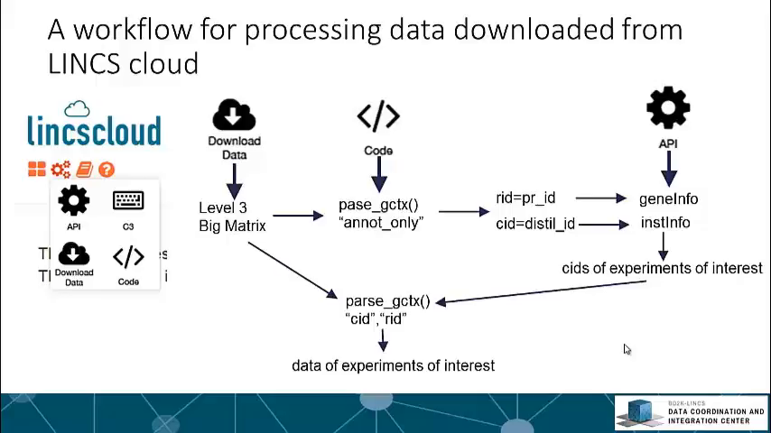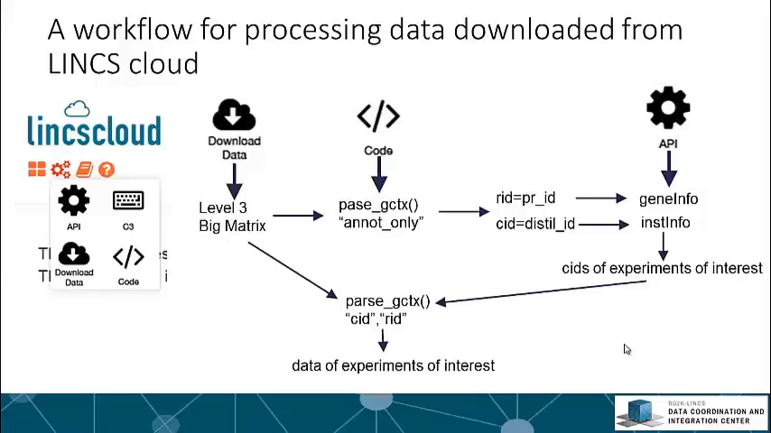Query the row IDs to the gene info API to get the information of each gene. Query the inst info to find the column IDs of gene expression profiles that are interesting to your project. Then use the parse GCTX function again with the CID option set to the selected column IDs queried from the API. The matrix will be sliced according to the selected column IDs and output a submatrix that contains only the data